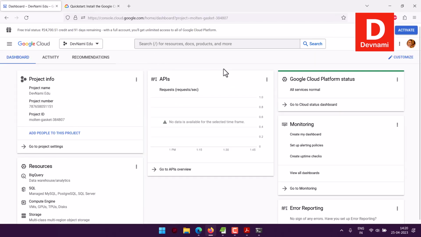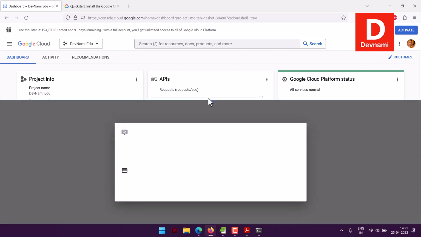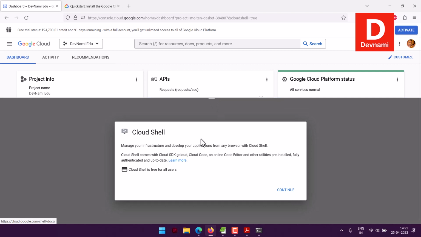Like I said, I need to activate this particular Activate Cloud Shell option. So I will go there, and I will select this option to continue. Cloud Shell is free. So unlike Azure, you will find that Azure charges some specific amount. If it goes over that, it will charge a monthly amount to use Cloud Shell. In the case of Google, that is free for now. You never know. So continue with Shell,